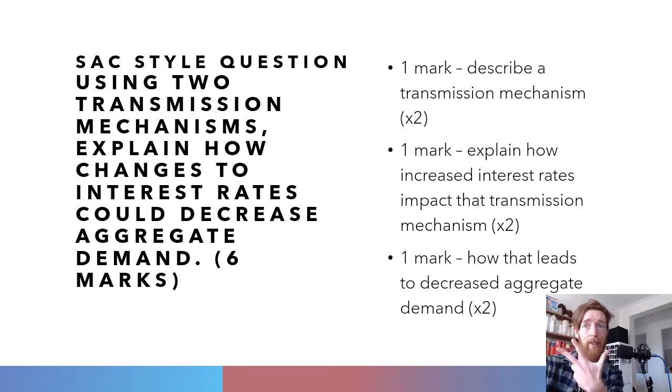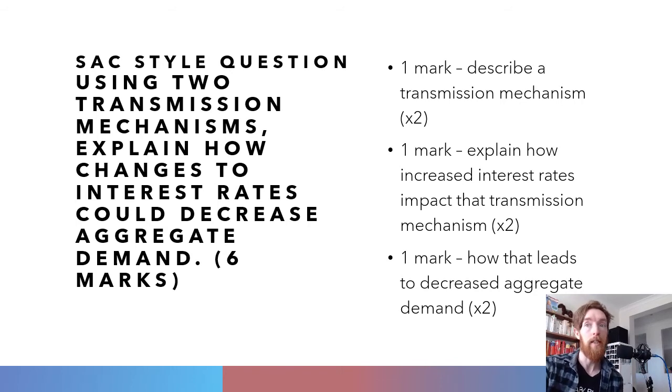They are the 3 easiest to talk about to the point where, although we look at the other 2, we don't look at them in too much detail because most of the time VCAA is going to give you the option of which one to talk about unless it's a multiple choice question. Then you get 1 mark from explaining how increased interest rates impact that transmission mechanism, so how they affect the specific components of that transmission mechanism and how that leads to decreased aggregate demand. So it's just 3 steps to get those 3 marks and then do it again for a different transmission mechanism.